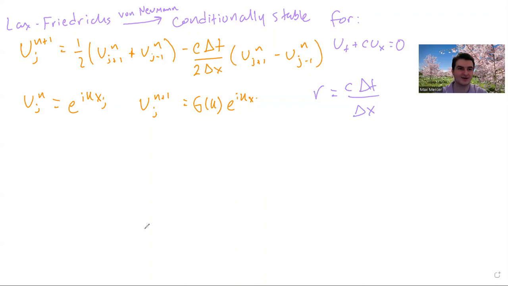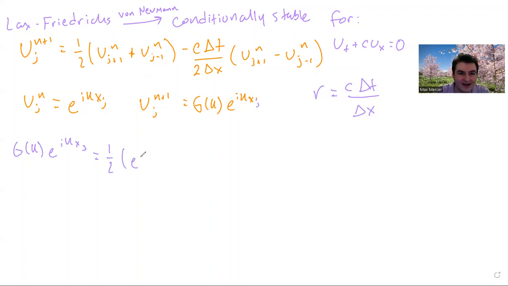Okay, so let's get started. u of j at time step n plus 1 is written here, g of k at e to the i k x_j, I need to finish this j right there, is equal to 1/2. This comes from the finite difference method right here. This u of x, it's kind of like averaging this point here and then taking the difference. So here, let's try